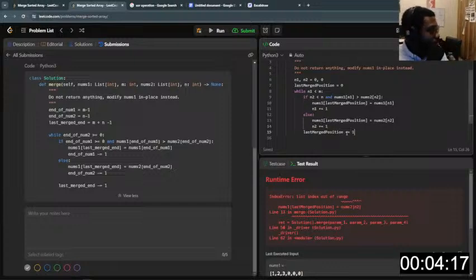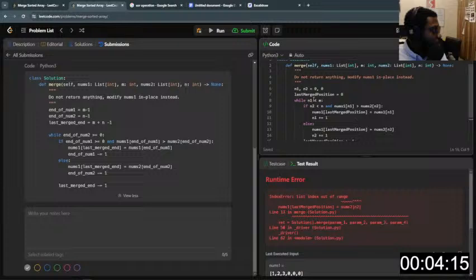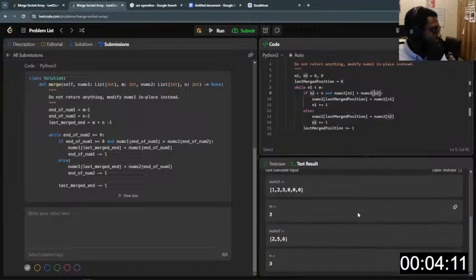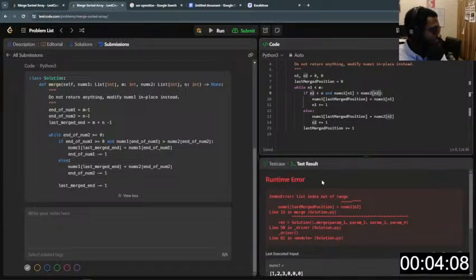Why is this increasing faster? We started from 0, right? So for the first element in the array, we will go 0. It's saying it's out of range. It's impossible. Even if it's the first item and we